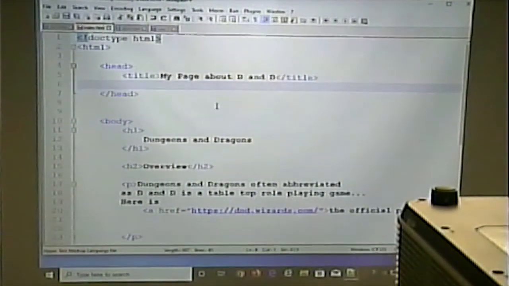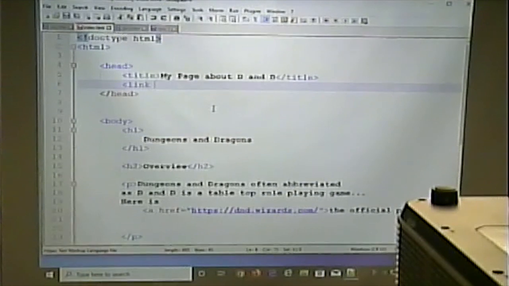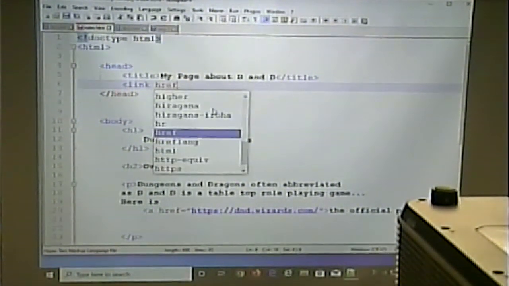And the benefit is that you can make a change to the style file in one place, and all 300 or however many pages you have will get changed. So the way that you associate it is with a link tag. Now, don't get confused between this and a hyperlink. This is a different sort of linking of files. Still has an href